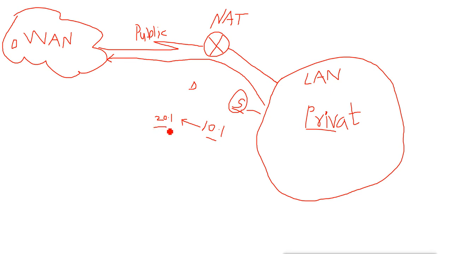So basically what I am saying is, I am doing mapping: if this source address comes, then change it to this source address. And when the reply comes back from the server, the source address will be this public address, and it will become the destination address. That means when this destination address comes for the reply, it will change to this destination address. So it will do the reverse thing. It will map and change the source address from private to public, and then when the reply comes back, from public to private. So this is the job of NAT.